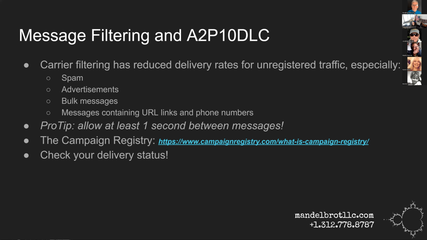So if you're concerned at all about your messages not being delivered, one of the most important things you can do is check the delivery status of the messages that you're sending. Don't just wait for them to show up as errors in the Twilio console. You won't be able to track them as well there. Put together your own reports, put together statistics, especially if you're doing large campaigns where you're pushing messages, a lot of them in a short amount of time. Does anybody have any questions about message filtering and the campaign registry, the Trust Hub?